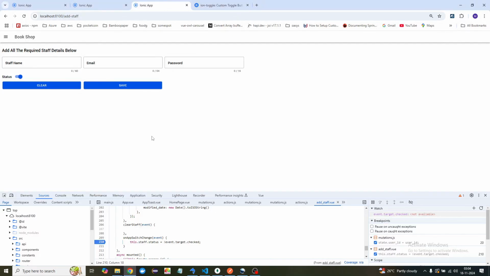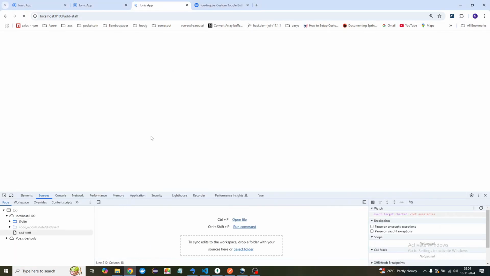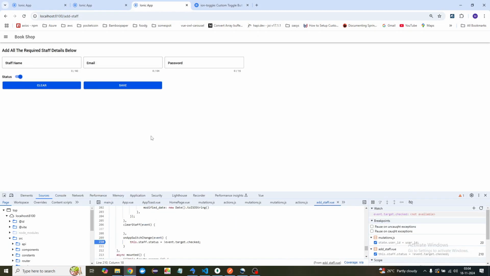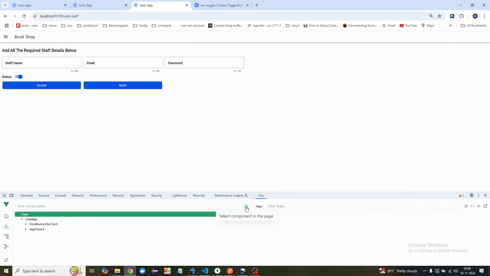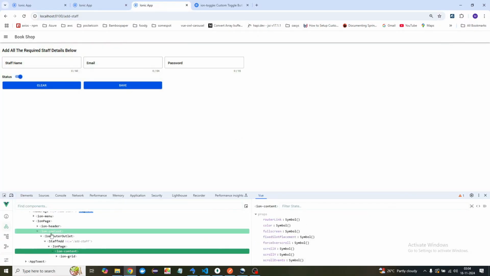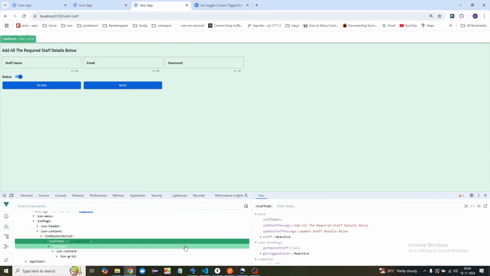So let's save it and see if that works fine. And if that is working fine, means we are good with that. Or else we need to find a different way of handling this scenario, right? That is how we debug our application. So okay, I'll just remove this breakpoint and let's verify quickly in the DevTools itself. So I'll just click on this and come back on this staff add page, open this staff. You can see true is there, true is there, right? And then if I'll click on